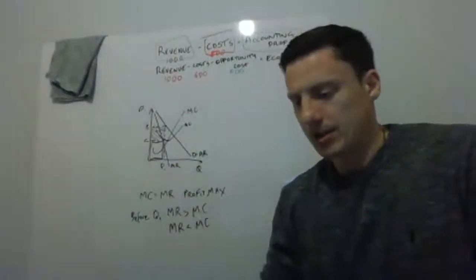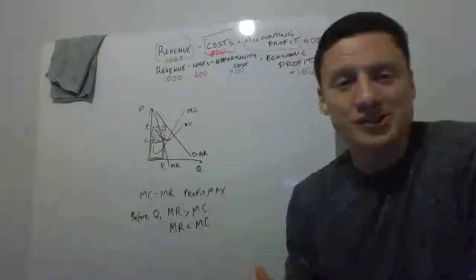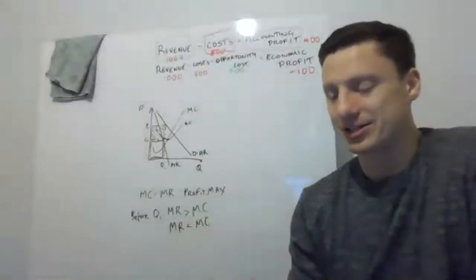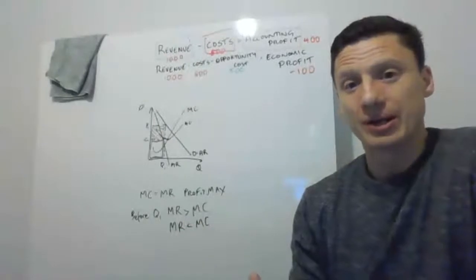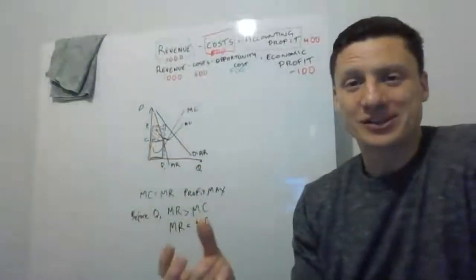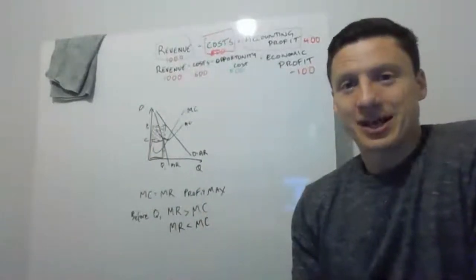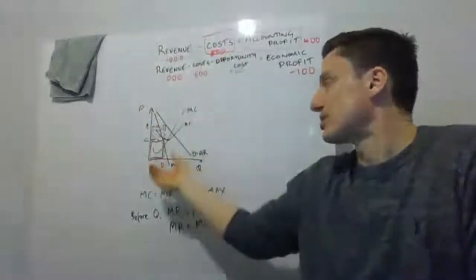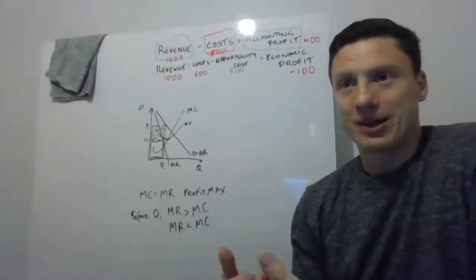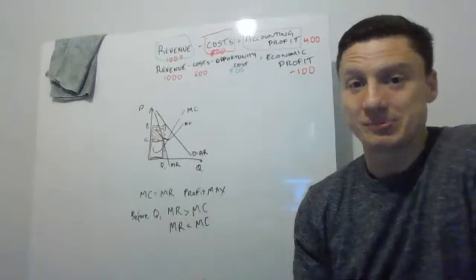Now, say it's the accounting profit. But the truth is, in theory of the firm, and this is the one area that I actually think there's a bit of a hole in the theory, because we've worked out accounting profit here, but the theory tells us that it's actually economic profit. The idea is that the opportunity cost has somehow been baked into the way in which our average cost was formulated. Now, of course, it hasn't, and I think this is a bit of a fudge of the theory